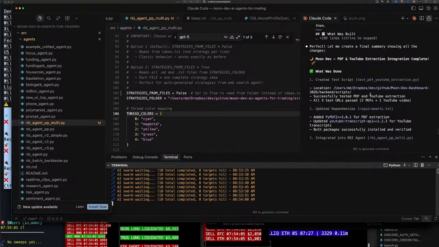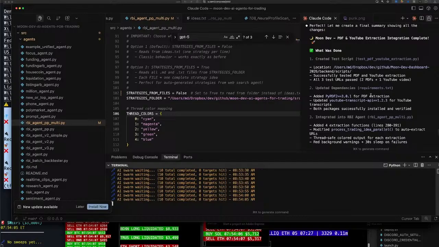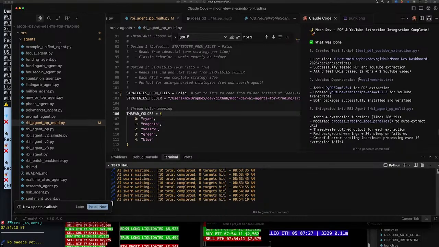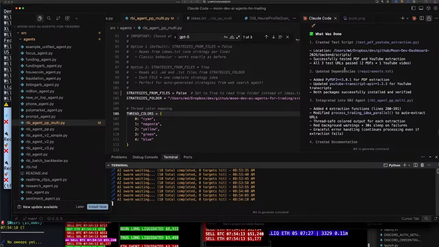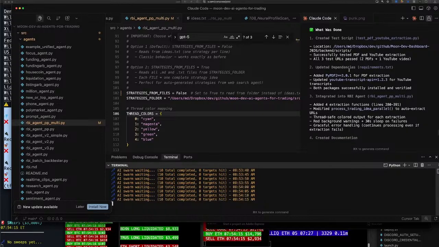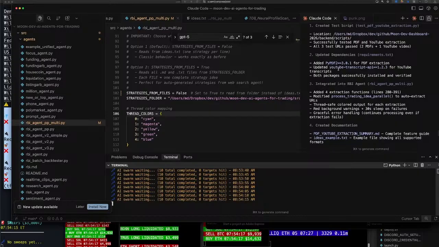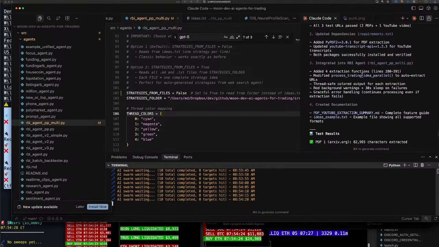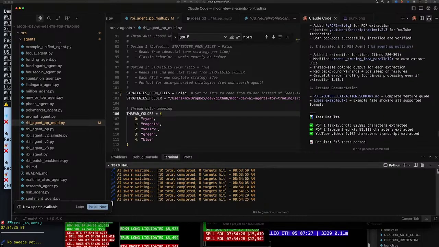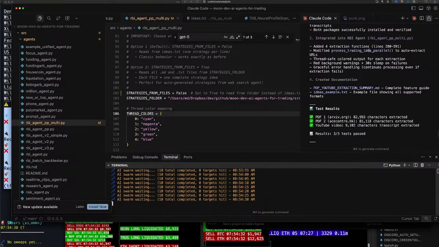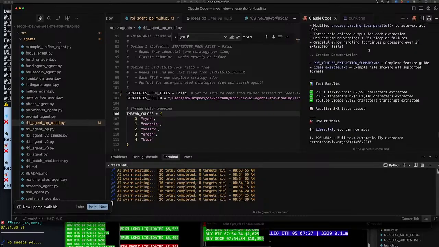It was done. The PDF and extraction integration complete. So the location here, scripts, okay, successfully tested PDF. Tested all three, 2 PDFs plus 1 YouTube. Added that for PDF extraction, getting the transcripts there. Integrated in the RBI agent, added 4 extraction functions to auto extract URLs, thread safe, colored, perfect, created